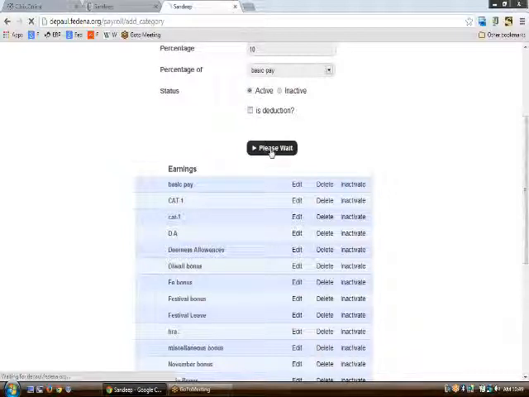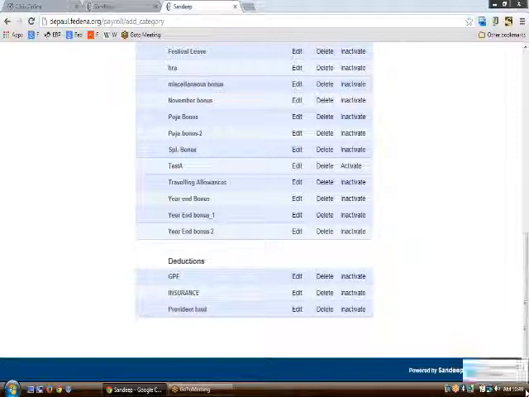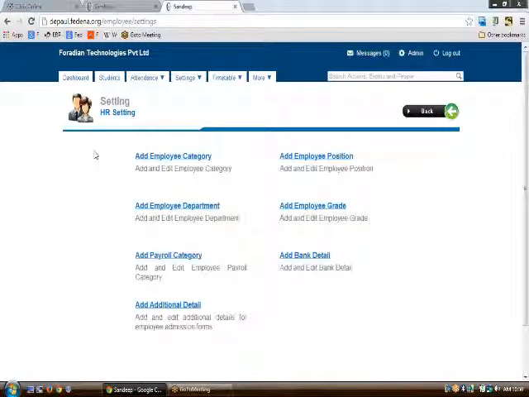On hitting create, I'll be able to create the payroll category here. This way, every person who has been sanctioned a particular basic pay will be assigned some category here. So this was all about how you need to create payroll categories.